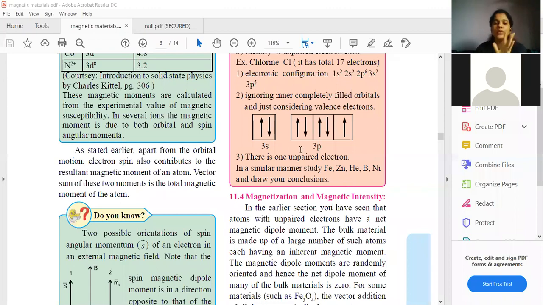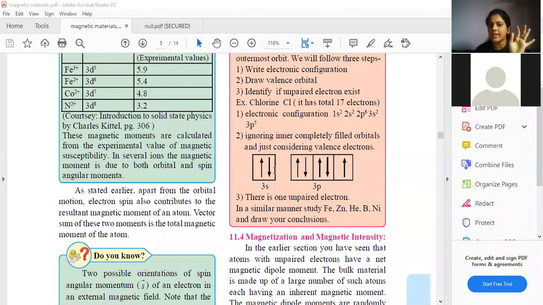Okay, fine. Students, see, the logic is very simple. What if this valence shell was completely filled? You can see over here there is 3p5. What if it was 3p6? If it was 3p6, students, what are these opposite directions indicating? The opposite arrows are indicating that one electron is in plus half spin and the other electron is in minus half spin. So plus minus will cancel each other out. And suppose if there was one more electron over here, then plus minus will cancel each other out.